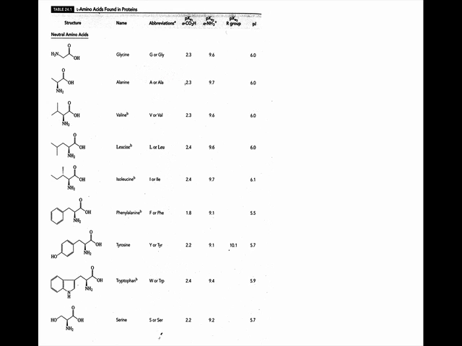Phenylalanine has an aromatic ring for its side chain. Tyrosine looks very similar to phenylalanine except it's got a phenol, okay? And then you have tryptophan and you have serine, okay? And again, the pKa's for the carboxylic acids more or less are in line with one another. It looks like phenylalanine's a bit lower, a little out of line with all of these other ones, okay? And so these don't change too much.